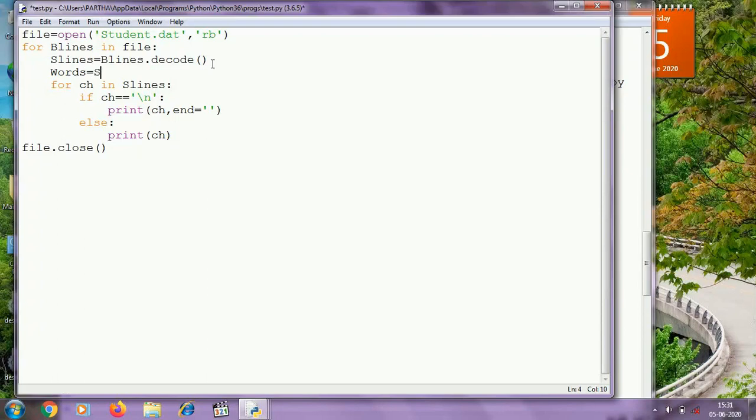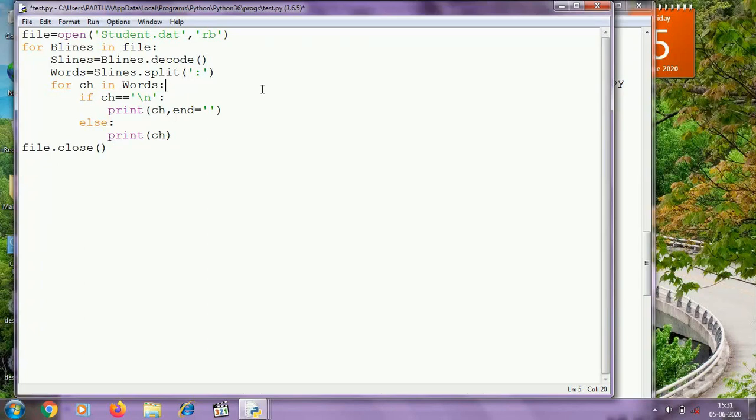Words equal to sline dot split. After that we have to iterate over the list words, because sline dot split will return a list of words and we have to split it